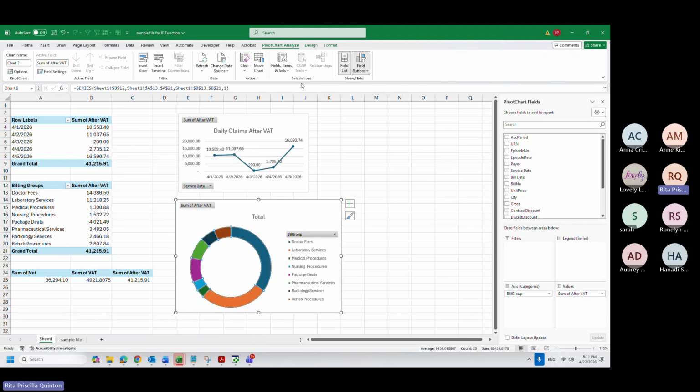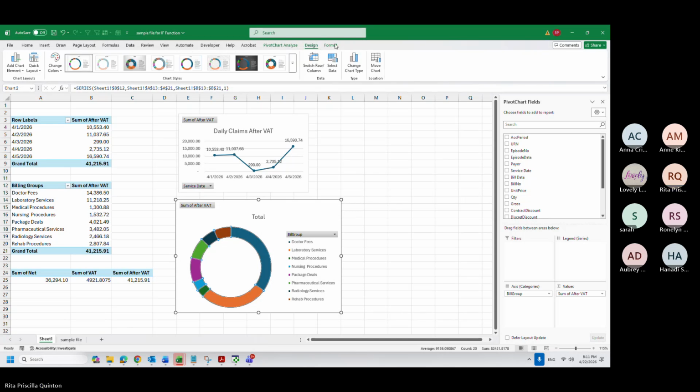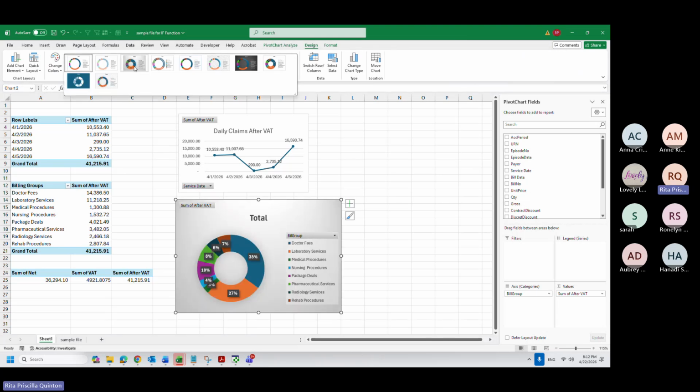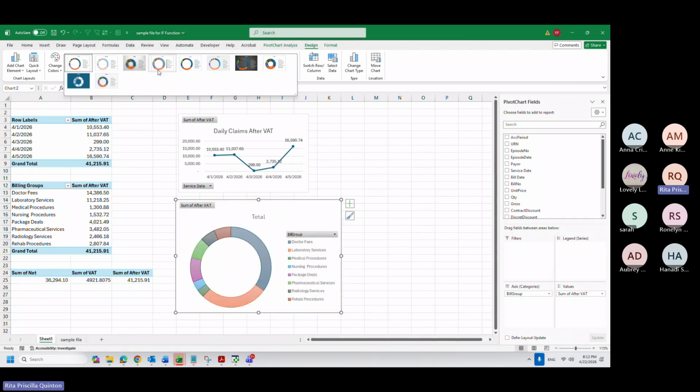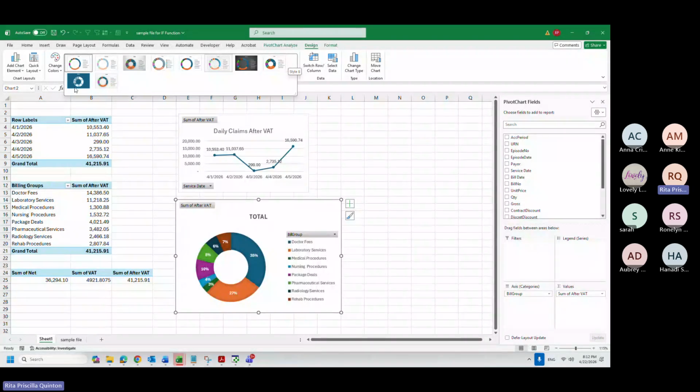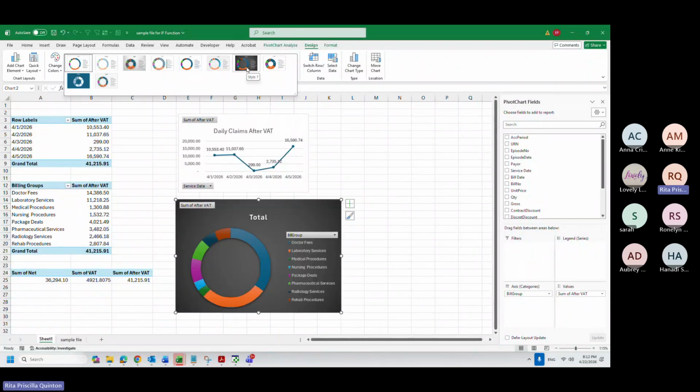If you click here on the donut, we can make it bigger, actually. Or better, for me, when we are in a rush also, you can click the chart and go here to the design, and you can customize it according to the design you like. Okay. If you want this black, let's just try this black.